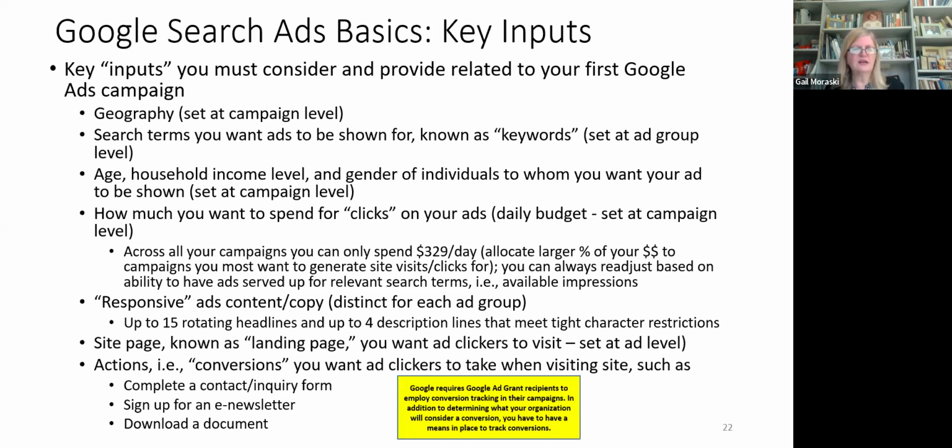So it's kind of testing all the various combinations of headlines that can be served up, and it's basically figuring out for you which ad headline combinations work the best, so you don't have to come up with every possible iteration of an ad. And ultimately, Google will start serving up the ads with the best-performing headline combinations the most, because it wants you to get the greatest number of clicks and have the highest click-through rate. So it'll start serving up the ones that are performing best the most.